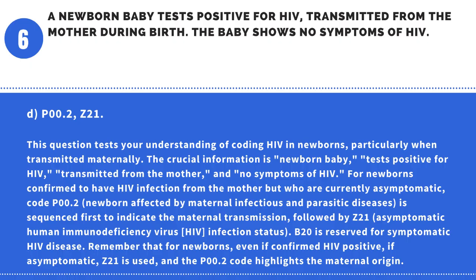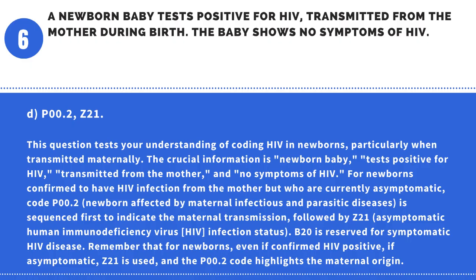P00.2, Z21. This question tests your understanding of coding HIV in newborns, particularly when transmitted maternally. The crucial information is newborn baby, tests positive for HIV, transmitted from the mother, and no symptoms of HIV. For newborns confirmed to have HIV infection from the mother but who are currently asymptomatic, code P00.2, newborn affected by maternal infectious and parasitic diseases, is sequenced first to indicate the maternal transmission, followed by Z21, asymptomatic human immunodeficiency virus,